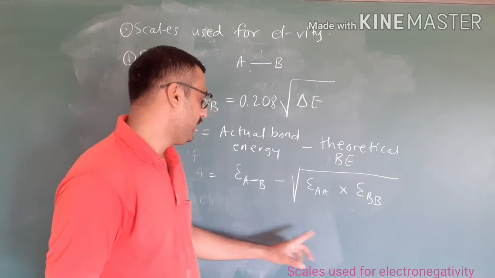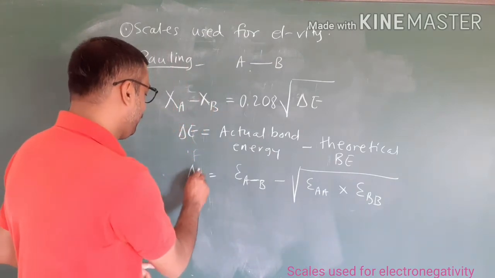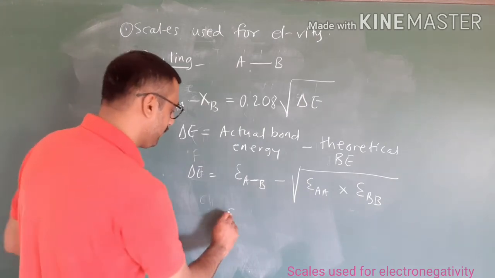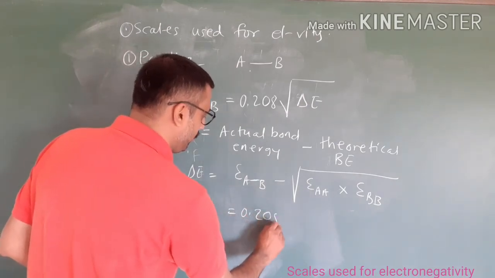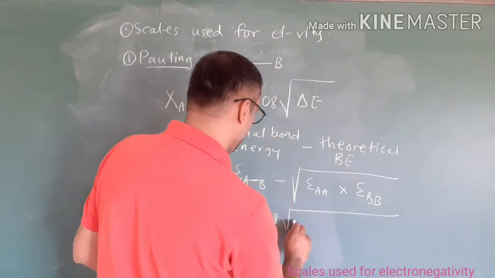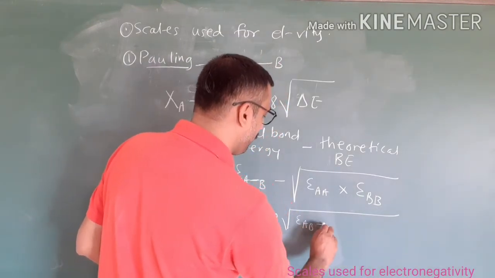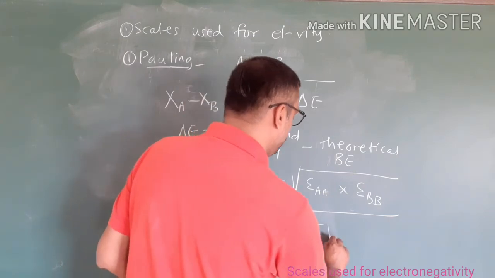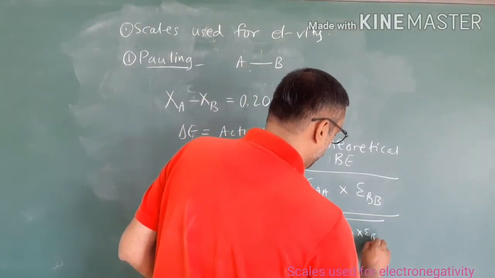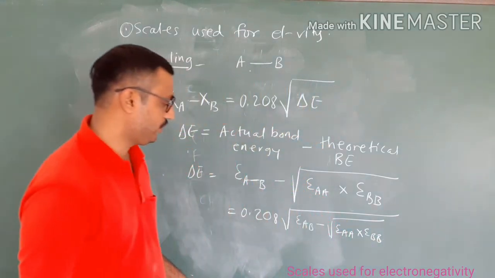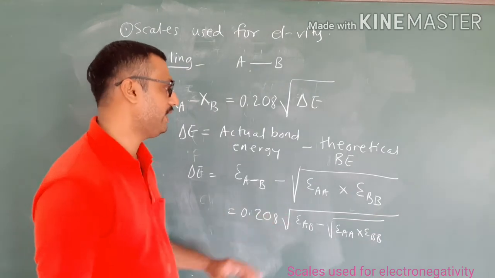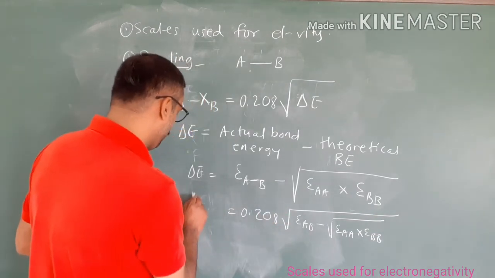So in this equation we should put delta E. The equation becomes 0.208 into the square root of E_AB, the bond energy for AB, minus the square root of E_AA into E_BB. Here we use these values when these bond energies are in